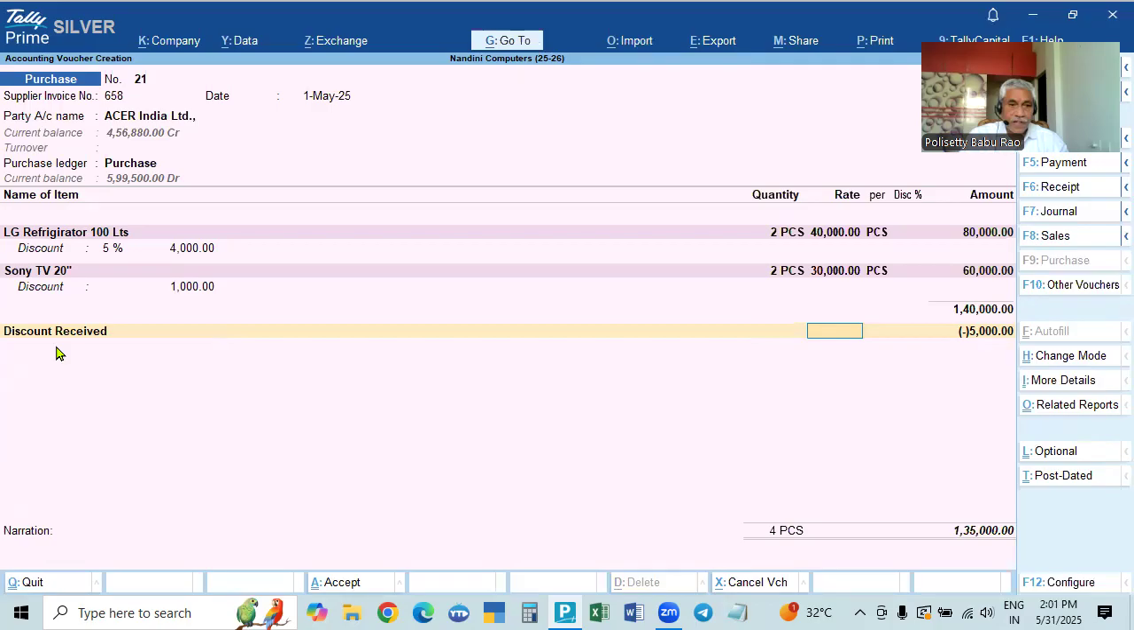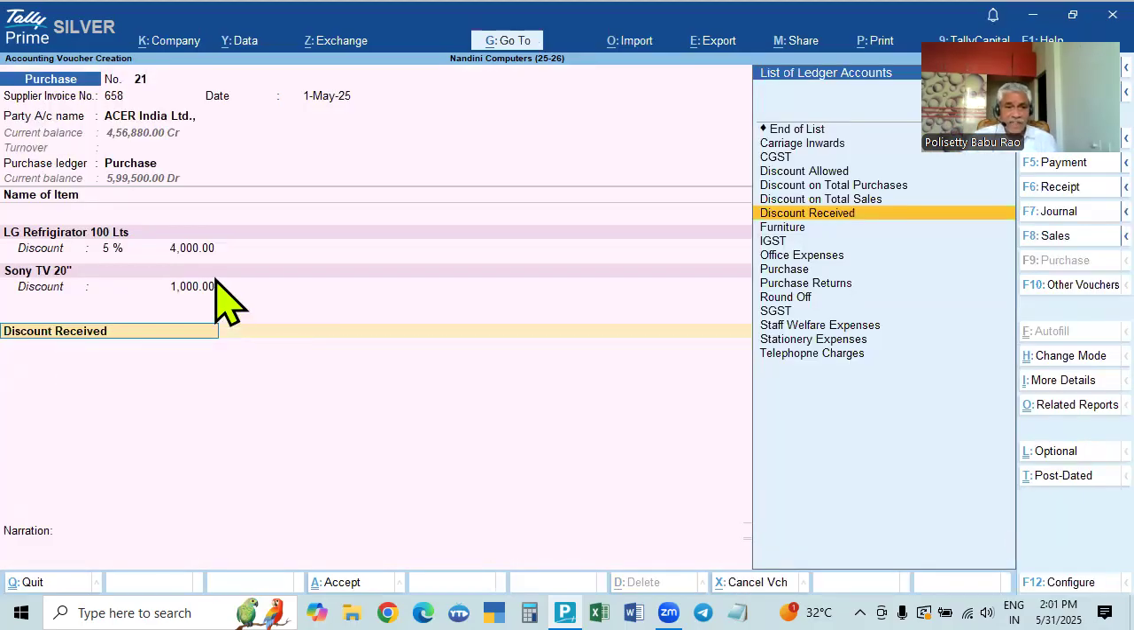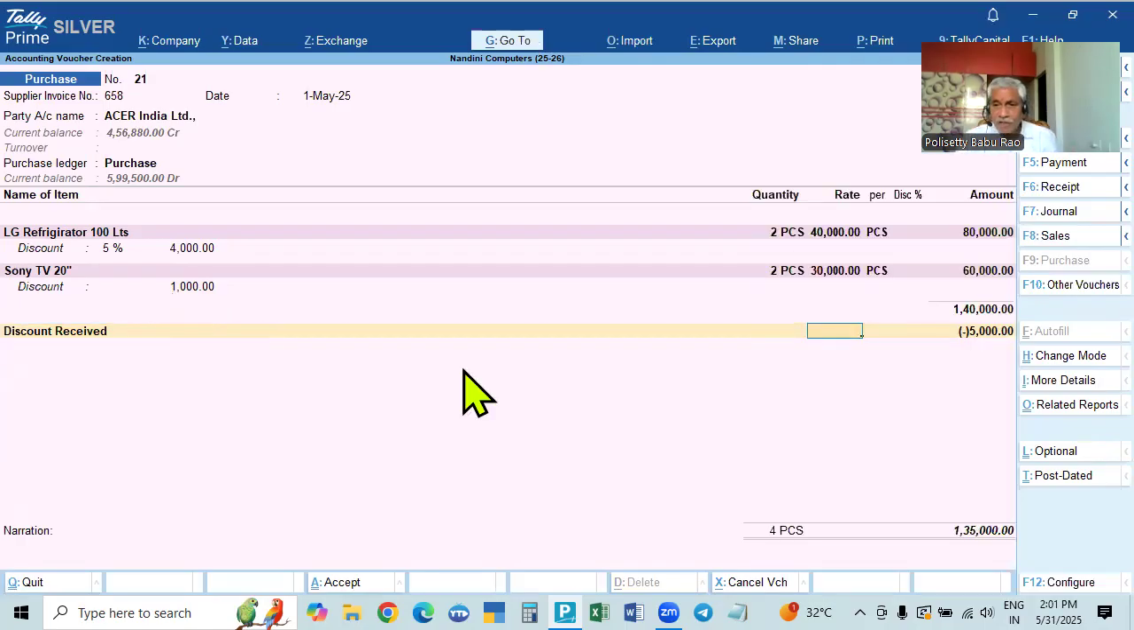That is why if you make it automatic, just like invoice rounding, it will round off automatically without any error. Similarly, without any error, the total amount will be taken. So discount received will be taken automatically. Total amount is 5,000 minus 5,000. Now, after this, we have to